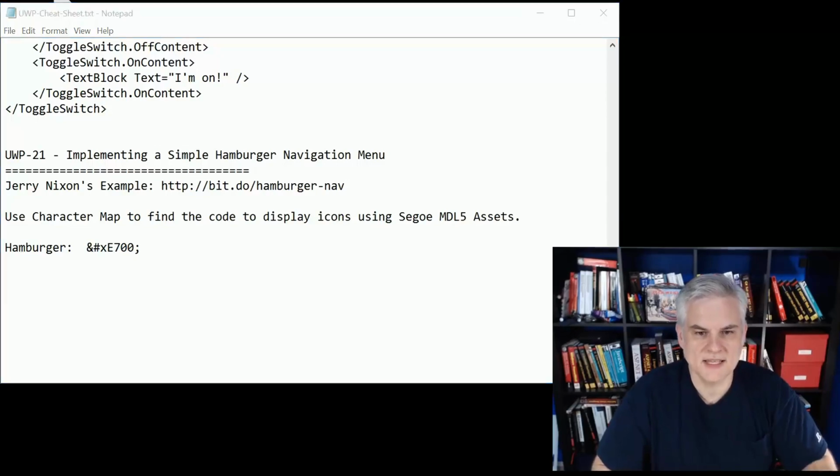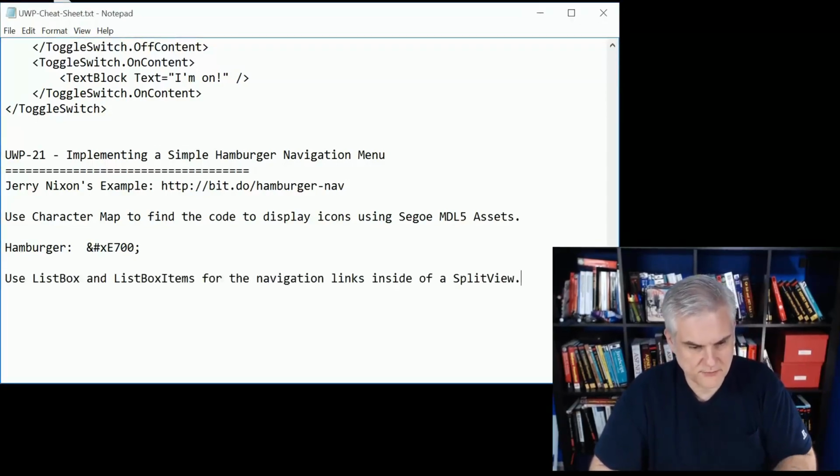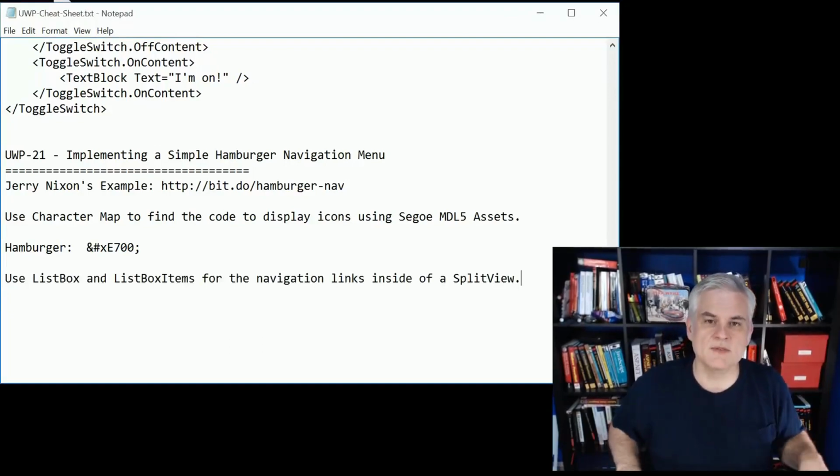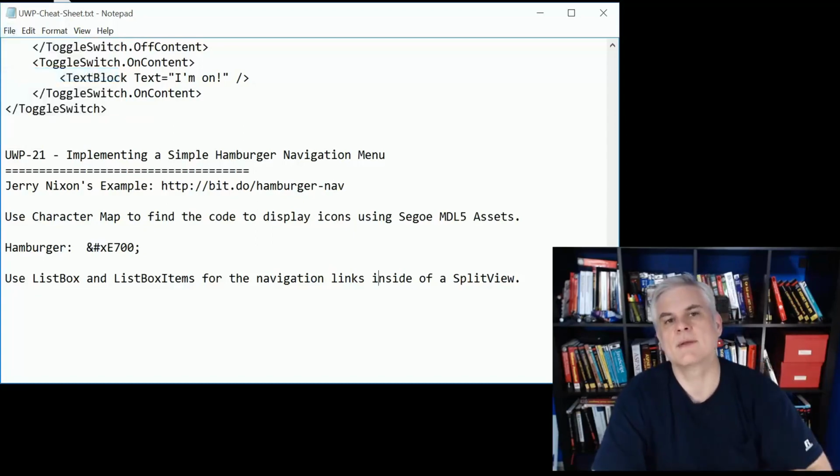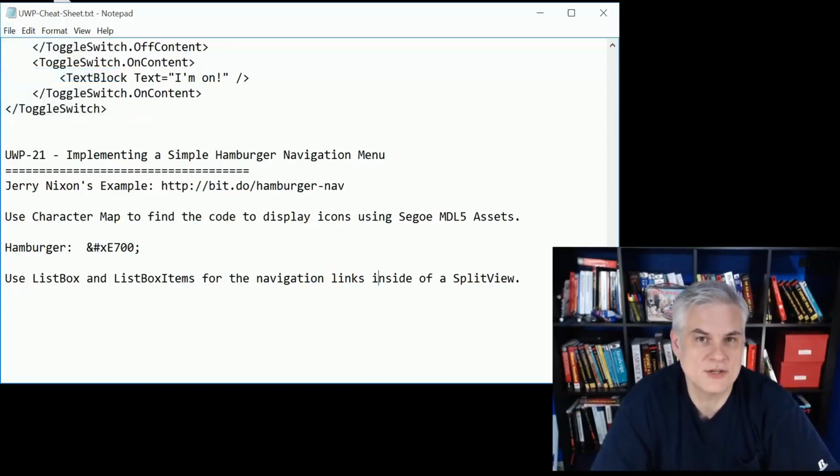Alright, and then finally, and I'm not going to write out a lot of this, you can always find this code example. You can use listbox and listbox items for the navigation links inside of a split view. And that's what we did in that example. And that technique is going to come in handy in the very next video because you're challenged to create a more full-featured